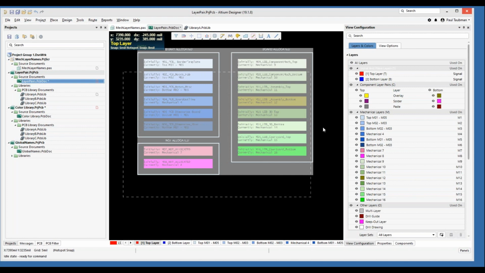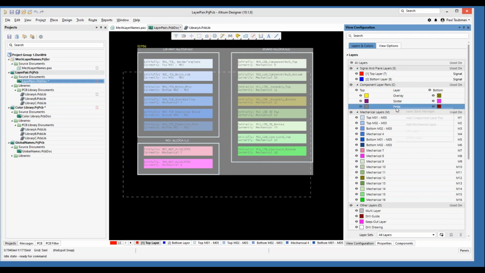One of the things he wanted to make clear to anybody doing this is you don't want to start doing layer pairs with things already on the bottom. It will mess you up a bit. What you want to do is make sure that this is well established and then move things over to the bottom. But the second thing, and this is a little more important that you better hear me out on,